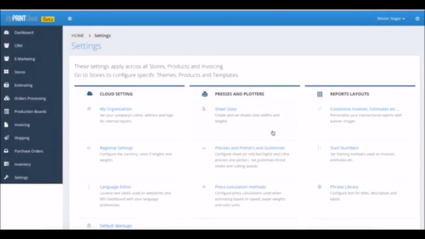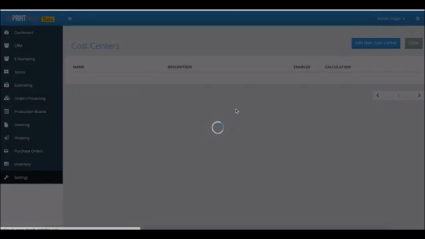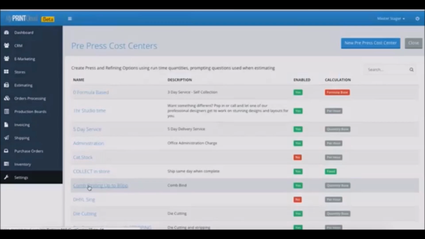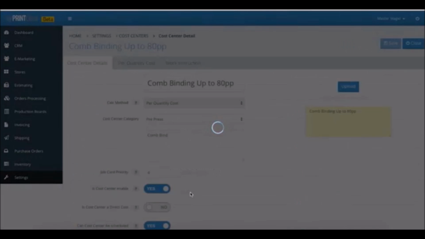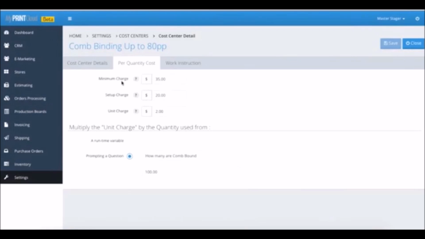So once you've configured your presses, the next thing to do is come in and configure your cost centers. Now in MyPRINTCloud we have 4 different cost centers. We have a fixed cost center, a per hour cost center, a quantity based cost center, and a formula based cost center. Using these 4 different types of cost center, there is no price that you can't calculate. So when I come into quantity and I look at quantity, this is going to be a minimum charge,